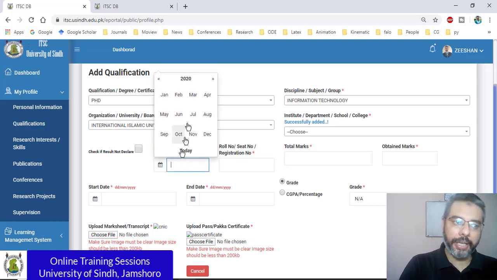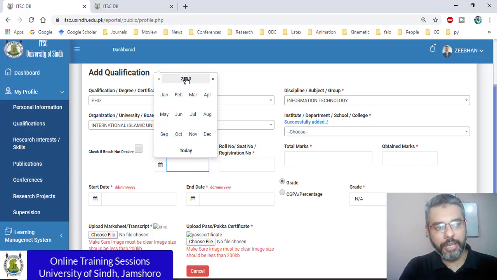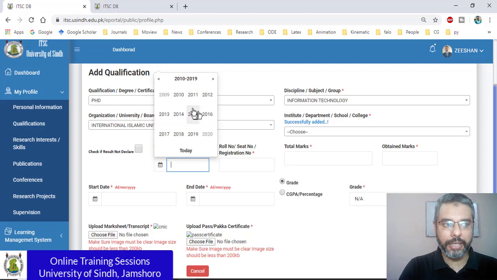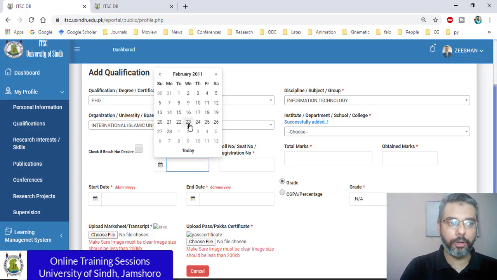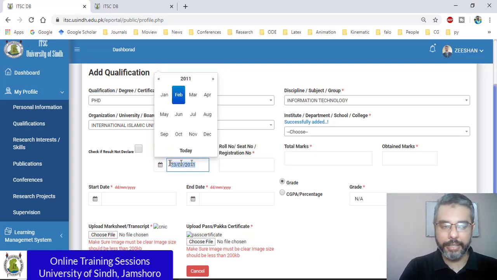For the result clearance date, you can select that by clicking first on the year. As soon as you click, the year calendar pops up. On this calendar you can select the year by clicking on the year name, then the year chart appears. You can use this arrow to navigate between different years, so you can go back and select the year in which you were enrolled or got the result, then click on the month and then the particular date, and that date is available.